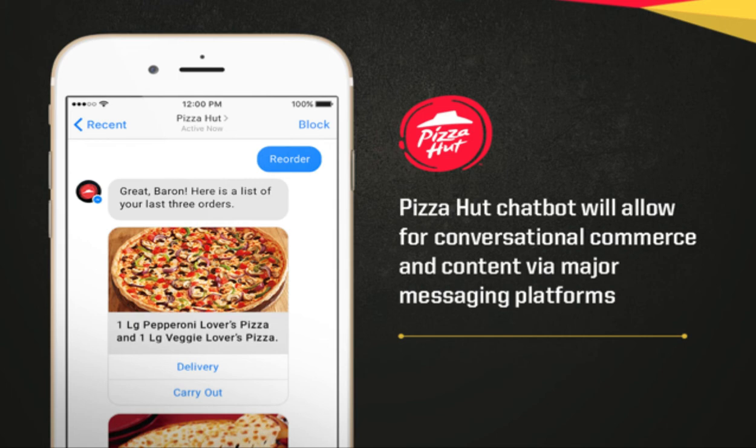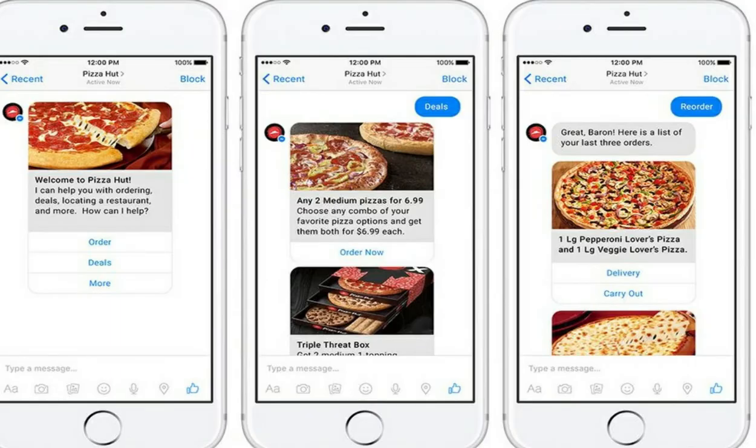So you will find Swiggy, Zomato and Domino's and all these big players are already doing it. They have already implemented chatbots in their conversations. So if you have any issues related to your delivery, if your food is not on time, you can always initiate the conversation, and immediately you will find a set of automated replies, right? That is nothing but a chatbot. That is the most practical example of chatbots that I can give you.